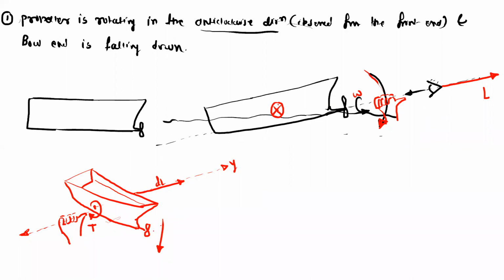So I will draw the angular momentum vector. This is for the initial angular momentum, that is L. The small added angular momentum because of the torque, this is dL. Now you can understand this dL is in the plane of the water. Okay, this dL and L both are in the plane of water. And this is the final angular momentum, so this is L dash. Okay. So now you can decide whether the ship will turn to the right side or the left side.